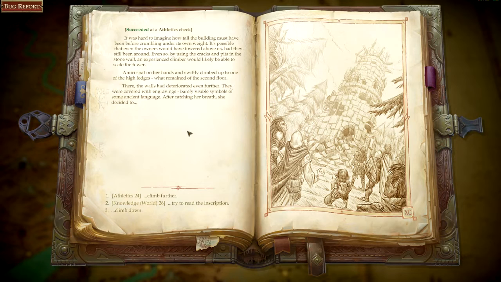to the second floor. There the walls had deteriorated even further. They were covered with engravings, barely visible symbols of some ancient language. After catching her breath, she decided to...